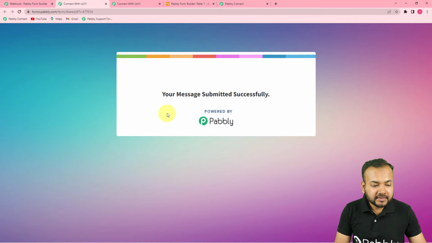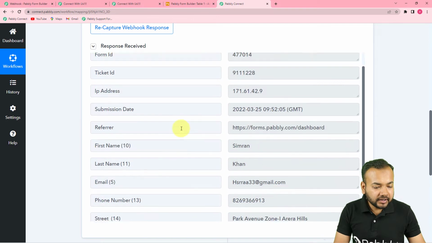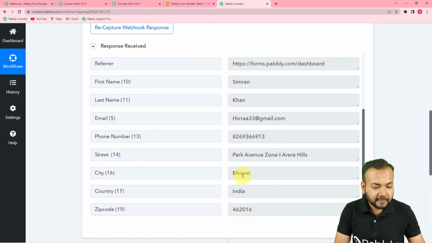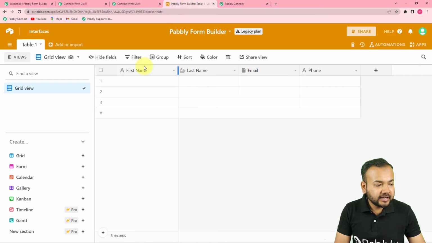Okay, and you can see the message is submitted successfully. Now let's check in the Pabbly Connect workflow if we got the data from this form. So here you can see in this responses received section we got the data of the person as this. Okay, right now I want to add this data in Airtable in a base that I have created